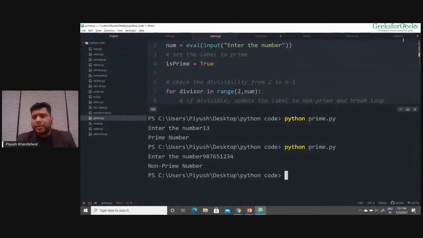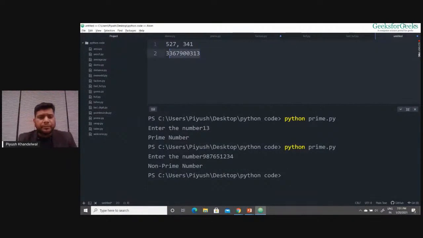So I have this number with me. If I try to run this program for this large number, see, my program works fine for large non-prime numbers, but it still takes a huge amount of time for large prime numbers.